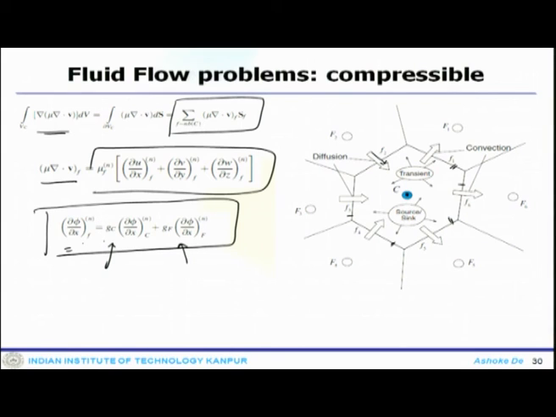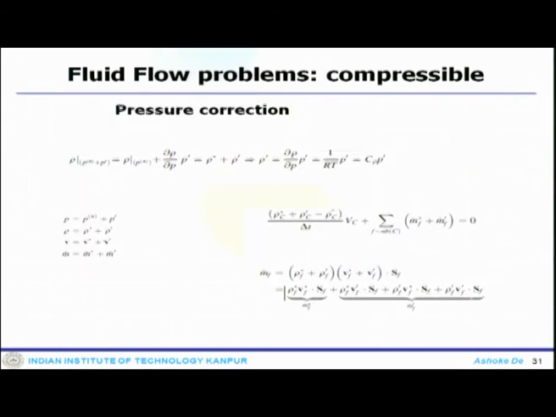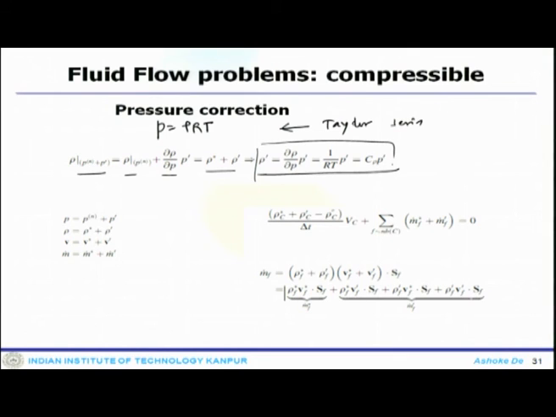Now, how would you derive the pressure correction equation? First, we start with P equals rho RT, and if you expand rho using a Taylor series, you write rho equals rho star plus rho prime, where rho prime becomes Cp like this. Similarly, you have the corrections of the velocity and pressure fields: the previous pressure plus correction, density, velocity, mass flow rate.